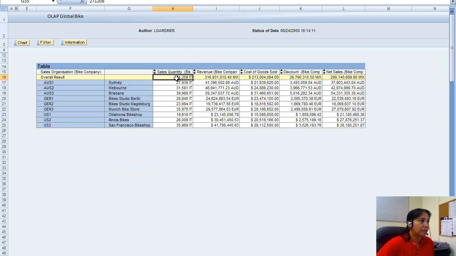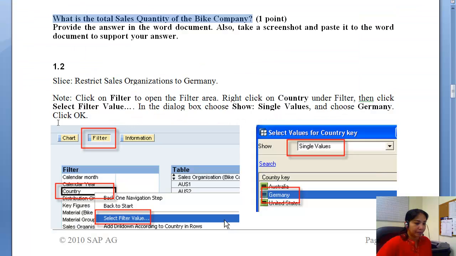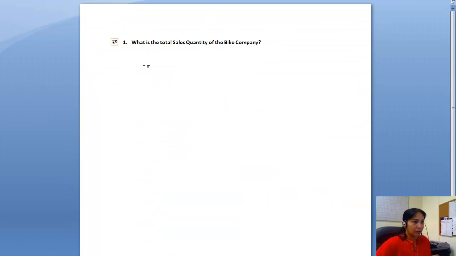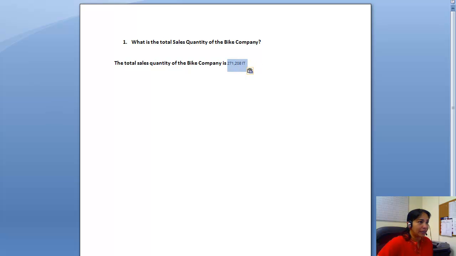So how do I copy? Copy, and then I say that the total sales quantity of the bike company is, and I say this, 271208 IT. Okay,